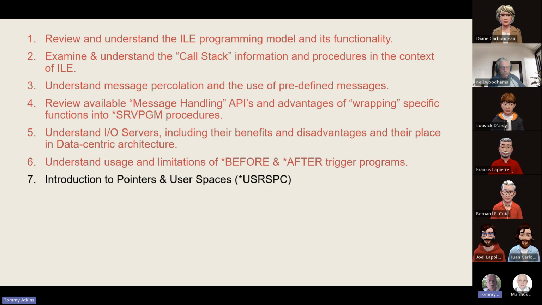Introduction to pointers and user spaces by special request of Bernard. What they are, how they work. And I have to admit, when I found these things, the user spaces and the pointer arithmetic that happens inside RPG, I decided they were the best things in sliced bread, and have never used a data area or a user index since then. Or what's that? What data area, or what's the other one? I don't know. Anyway,